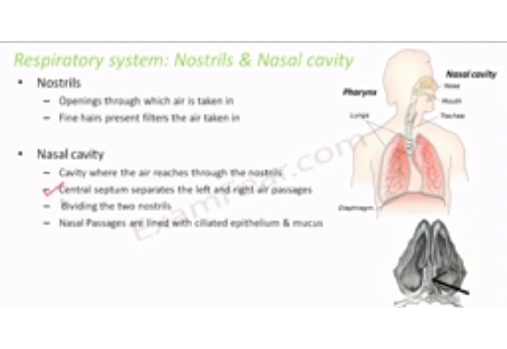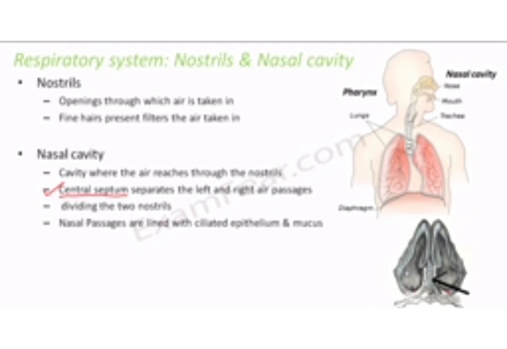So here we have a central septum. It is sometimes also known as the nasal septum. Now if you look at the nose, like this from the front view, this is the front view of a nose. What do you see? These are the two nostrils, right? So if you see your own nose, at the center of what divides the two holes? The two parts are divided by a wall-like structure. So this wall is known as the central septum, or sometimes it is also known as the nasal septum. So this septum actually separates the left and the right air passages, dividing the two nostrils.